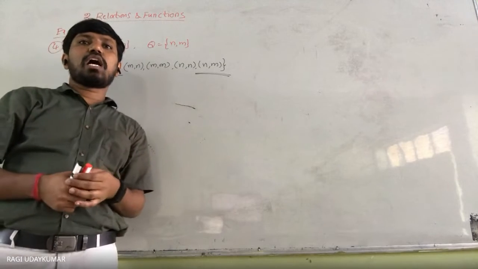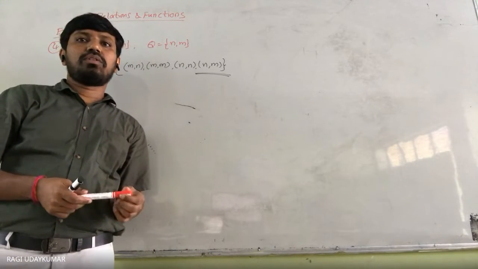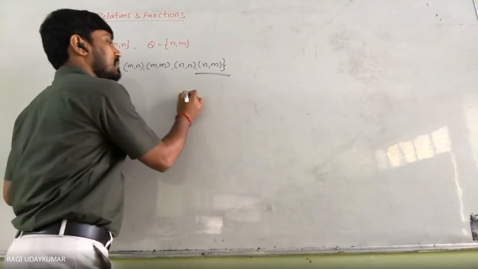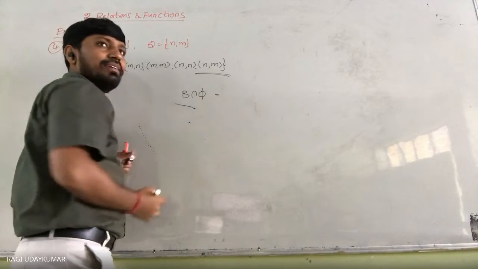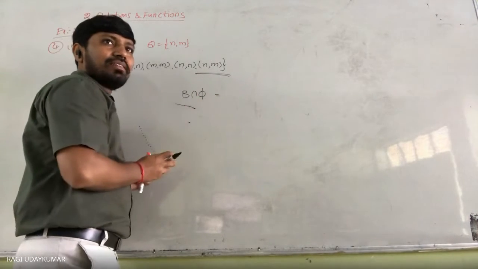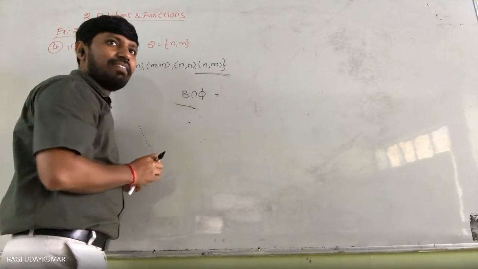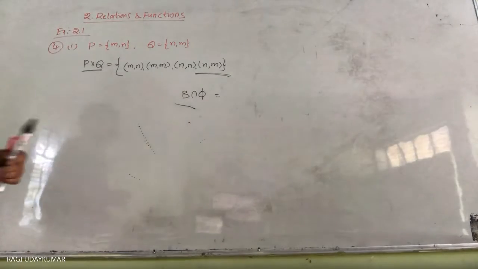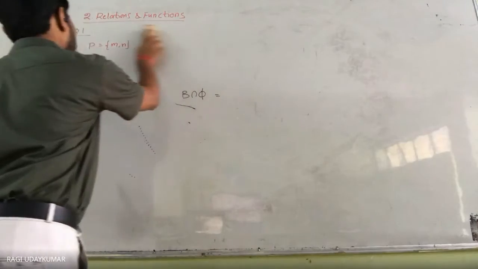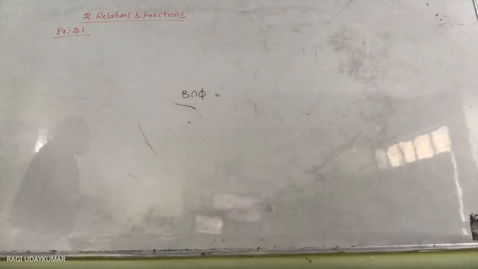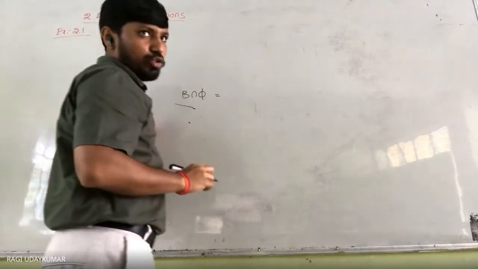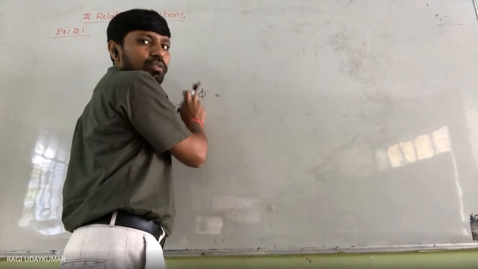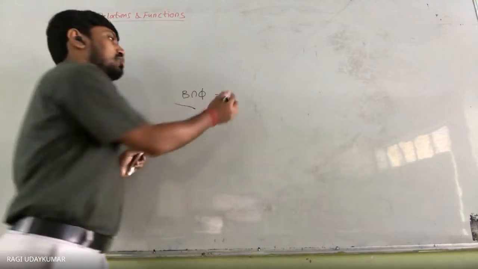Third question: A is given as 1, 2, B is given as 3, 4. A cross B intersection C. So what is B intersection C? Not B intersection C, B intersection 5. Intersection of a set with an empty set. Anyone? What is this equal to? B intersection empty set. Null. Again null set only, because intersection is nothing but common elements should be there. This has some elements, this has nothing, it is empty. So then we need to take the empty set only.